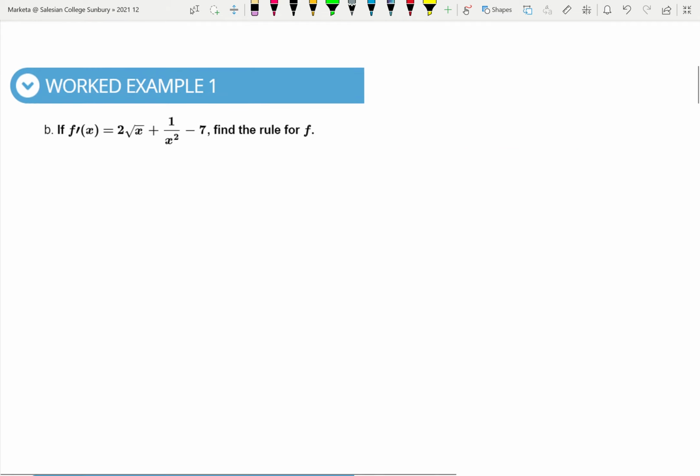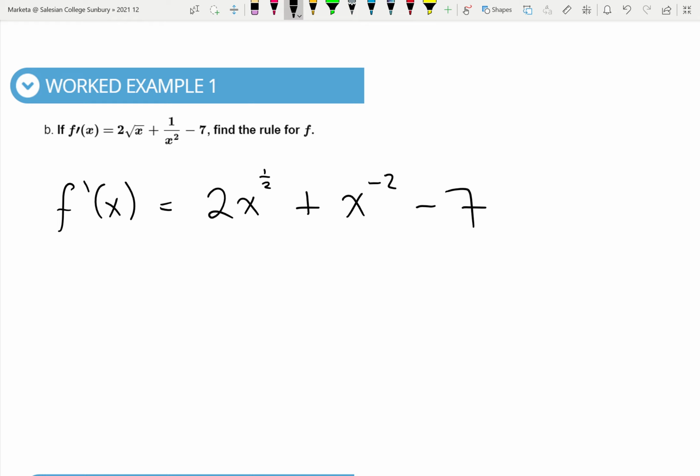Let's move on. And look, this is not a more difficult one in any way. It's just that it includes a root and it includes a negative power. So what you want to do is always write it out in one line where possible. So of course, root means power half. And 1/x² is x to the power of -2. So now it's saying find the rule for f. So that means we're just